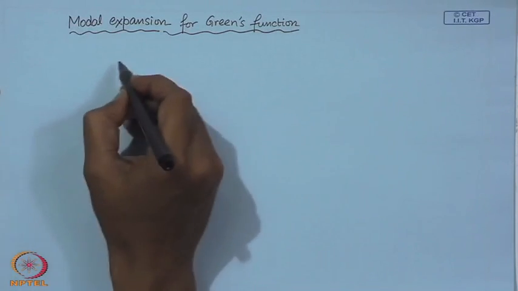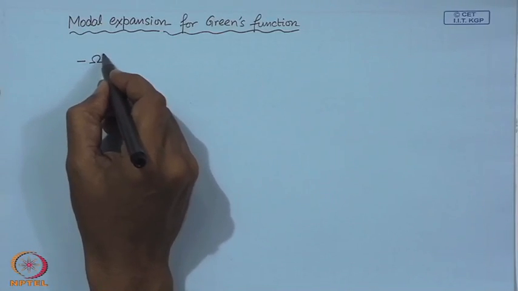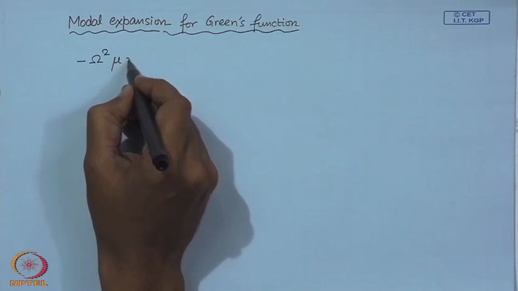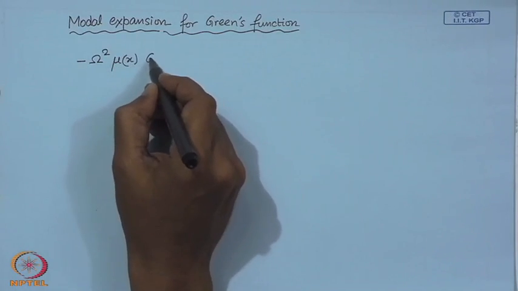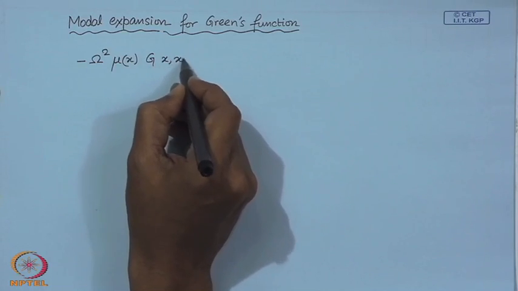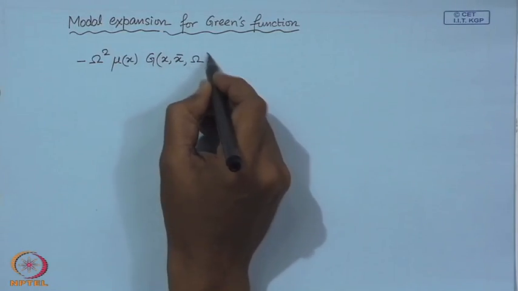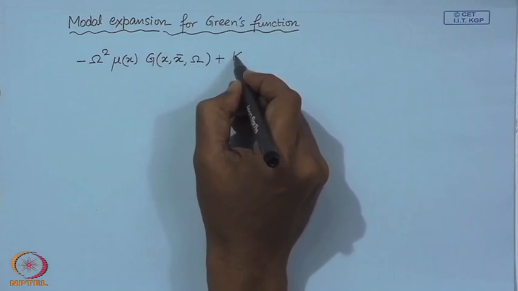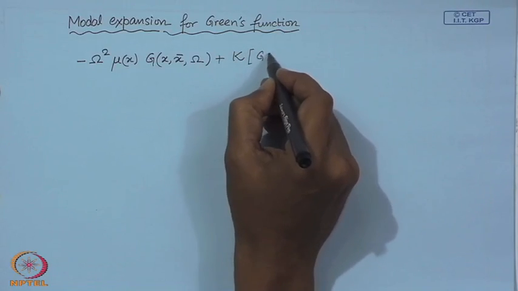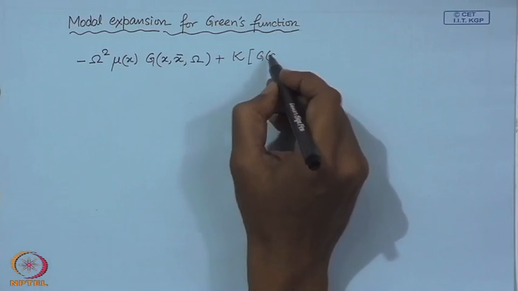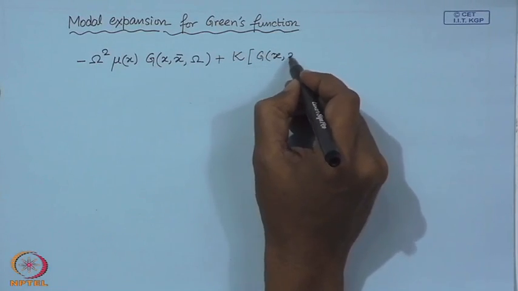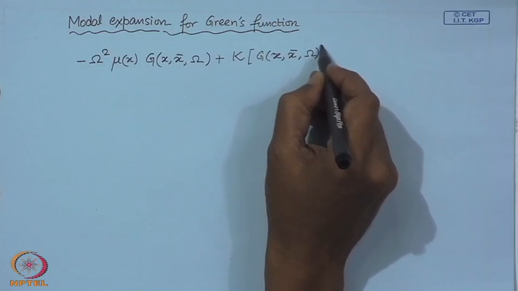So, our eigenvalue problem for the Green's function, the differential equation, this is the boundary value problem for the Green's function